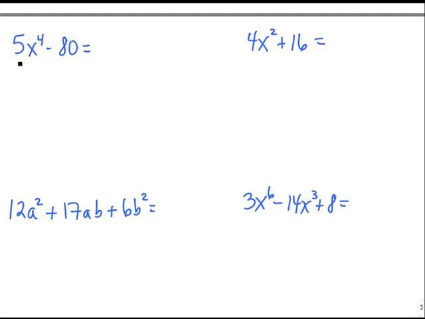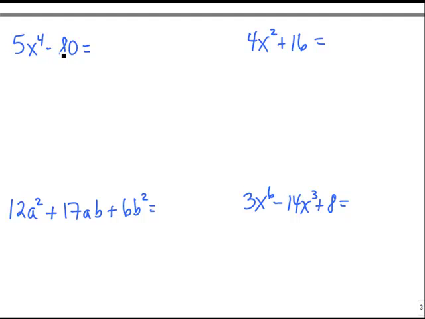So if we look at our numbers here, 5 and 80, those are not perfect squares, and they're not perfect cubes either. So initially it may not look like it's a difference of squares or difference of cubes. However, 5 does divide into 80, so there's a GCF. So you want to always pull out your GCFs first, because what you're left with might be something that could